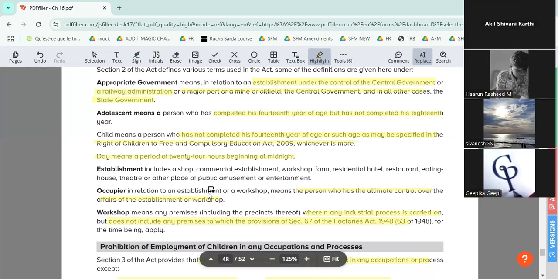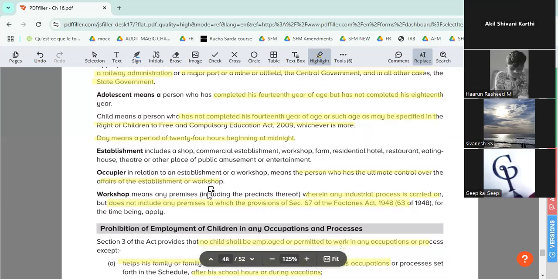Whichever age is higher, you'll take between the two acts. What is the meaning of the word day? Day means a period of 24 hours beginning at midnight. Next is, what is an establishment? Establishment includes a shop, commercial establishment, workshop, farm, residential hotel, restaurant, eating house, theater, or other place of public amusement